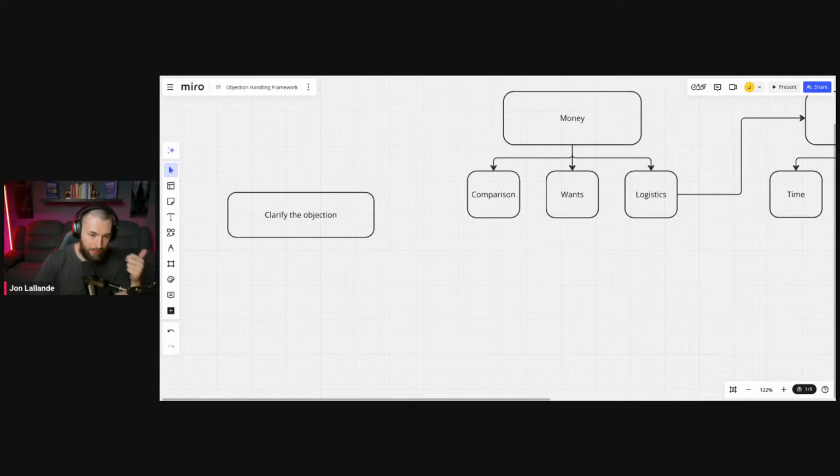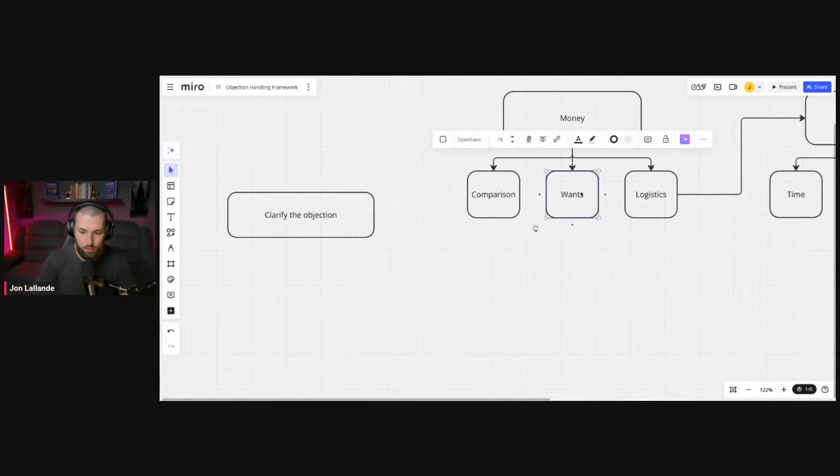If you sell high ticket, if you sell SaaS, if you sell anything else, the money is just an investment that they need to make, which typically they will either make back in time or money, right? Like if you're selling sales services, you're going to make your money back with more money. If you're selling some sort of SaaS automation that will just buy you back time, okay, well, that's time. You're going to get that back. Where our industry is a little bit different here, right? Because they might need a certain amount of money to go accomplish whatever they're trying to accomplish. And so we're going to handle that a little differently as well, right?